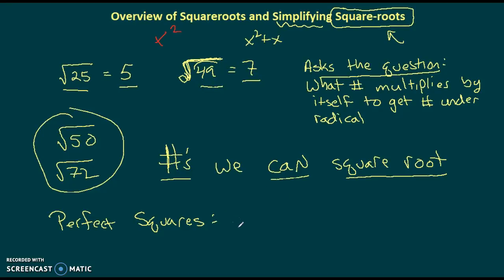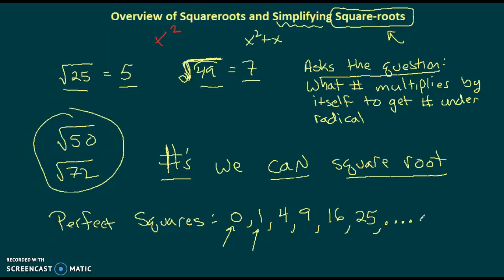Perfect squares are numbers that you get when you multiply a number by itself. The two most boring ones I can think of are 0 and 1. 0 is a perfect square, it's 0 times 0. 1's a perfect square, it's 1 times 1. Then they get more interesting. We got 4, which is 2 times 2, 9, which is 3 times 3, 16, 25, and we can literally